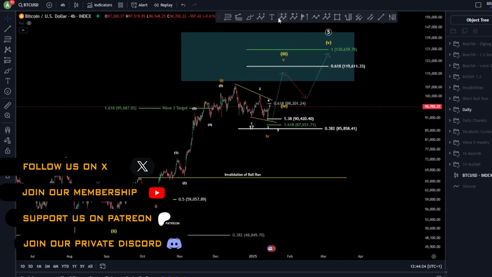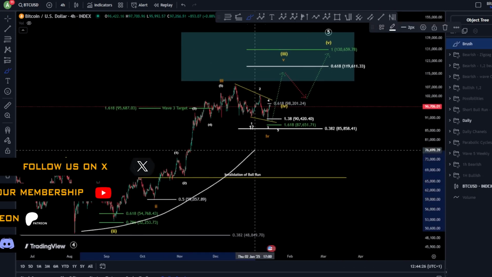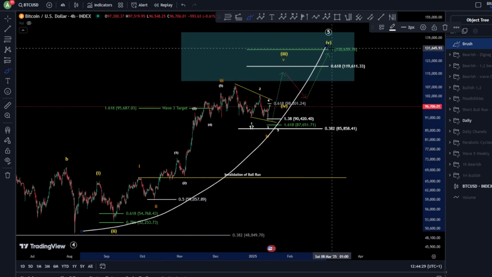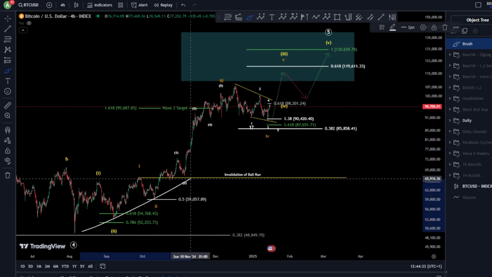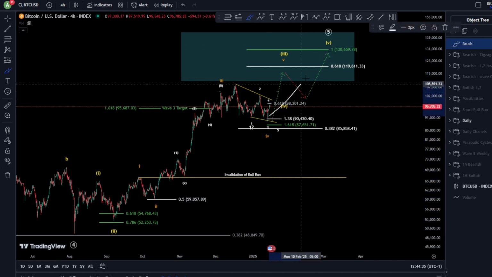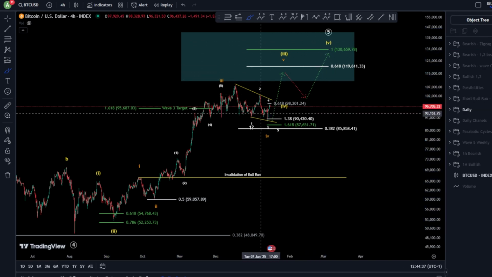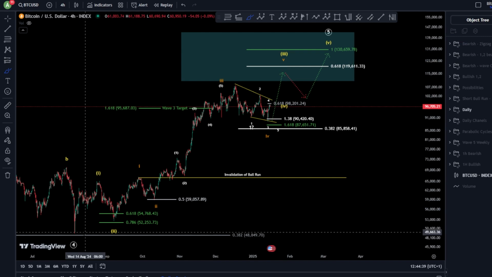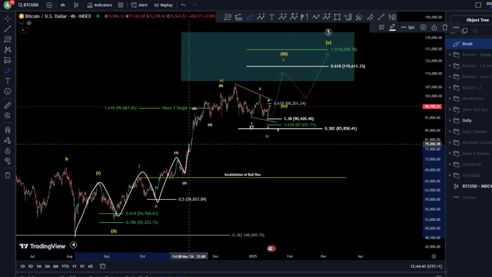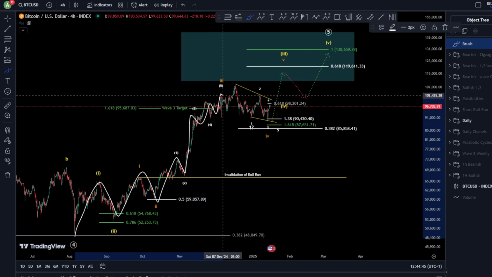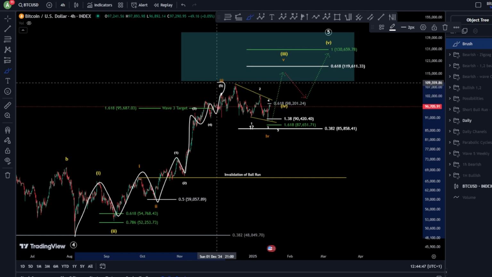Starting on the daily chart here, we are looking at our final wave 5 for a big cycle toward the upside, which is a bull run. We are in this final wave 5 and we are trying to finish this wave 5 in double 4-5, because we have a triple 1-2s here where we have finished the first 1, 2, 3, 4 and a 5, so we have finished the white scenario.